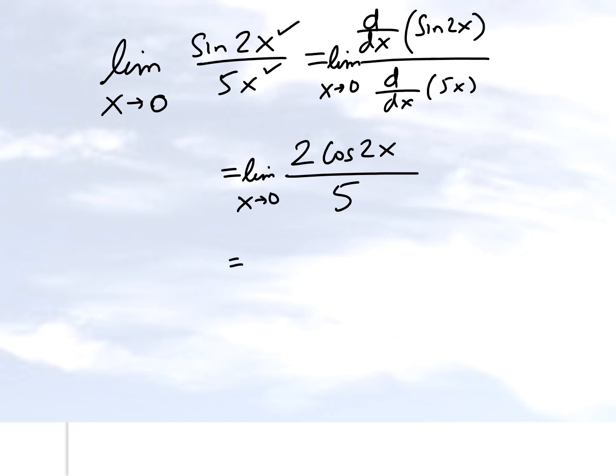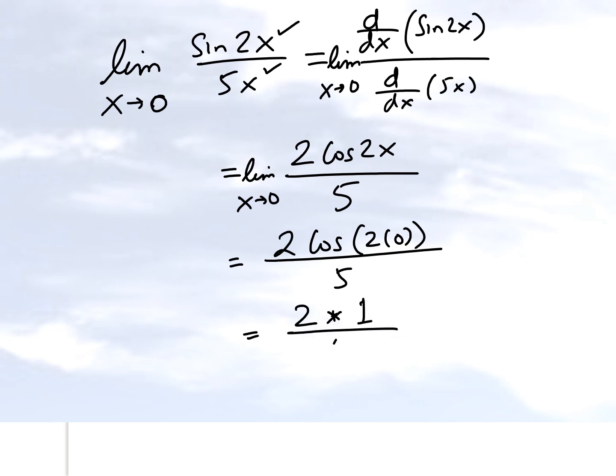Now in this case, if I let x approach 0, I'll get 1 here for cos of 0, and I'll get 5 here. So that means that we don't have a 0 by 0 case, or 0 by infinity case, or infinity by 0 case, or infinity by infinity case. So we can safely apply these limits. So 2 cos of 0 divided by 5. This is 2 times cos of 0, which is 1, and this is 5, and that's 2 divided by 5. So the limit of this expression as x approaches 0 is equal to 2 divided by 5.